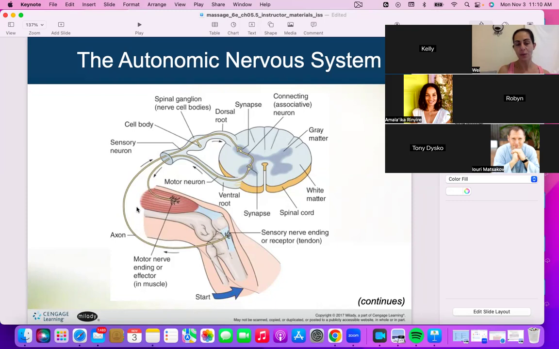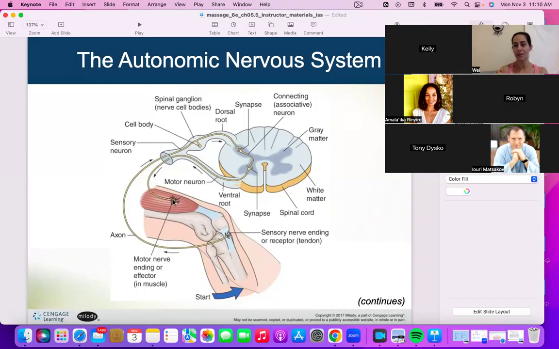So as the nerve impulse travels up the axon, enters the dorsal root, and connects to the interneuron, this is where the brain or spinal cord figures out what to do and sends that command to the other synapse right here, which connects this interneuron to the motor neuron. It travels out from the ventral root down to the motor neuron towards the leg as a motor impulse and tells you to kick off the knee